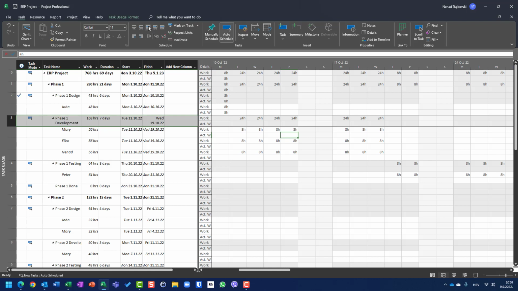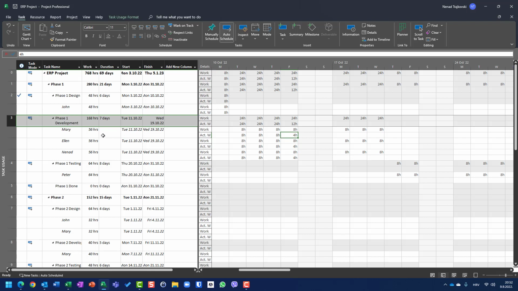If I put here 50%, it means that it began on 11th of October, so there is no way that I can say in this shortcut that the task, for example, started on Tuesday, 12th of October. No, it means when I put 50%, it begins as it was